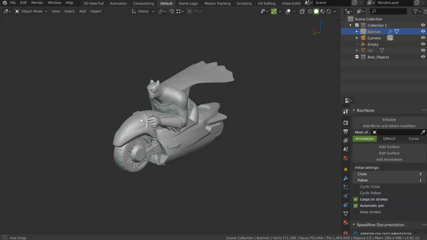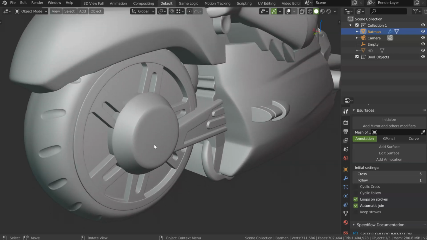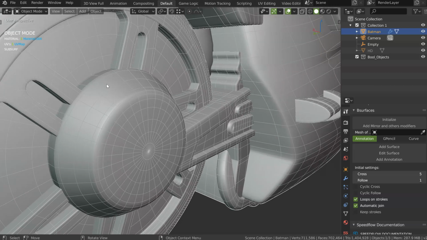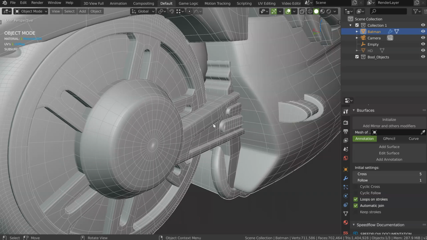So on this one, I will show you how I should have done some parts. For example, for this, if I show the wireframe, this is where I made the bevel by hand here, by hand here. So what I would have done on this one, I will just hide the wireframe.